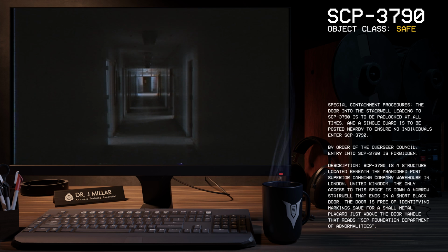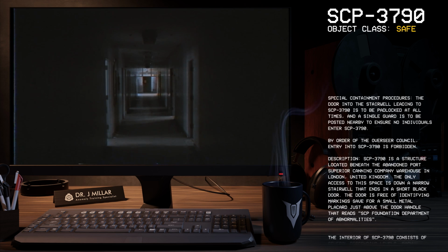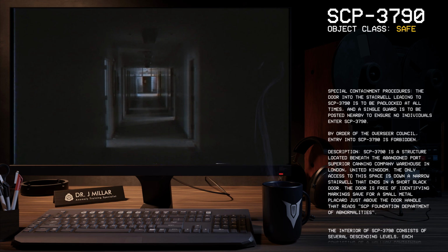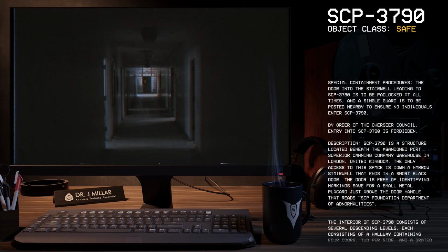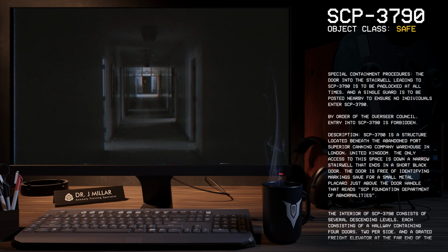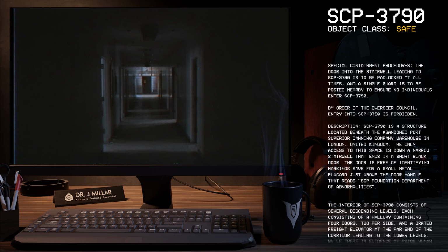Special Containment Procedures. The door into the stairwell leading to SCP-3790 is to be padlocked at all times, and a single guard is to be posted nearby to ensure no individuals enter SCP-3790. By order of the Overseer Council, entry into SCP-3790 is forbidden. Description: